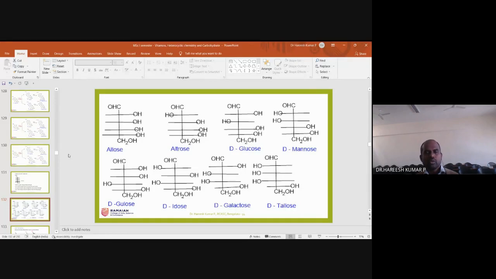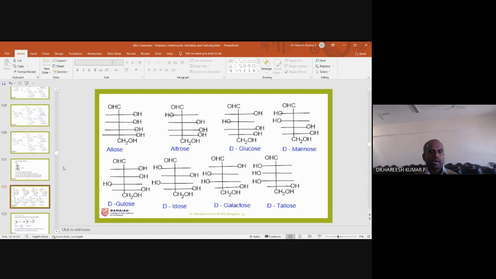So you should be familiar with how to write the aldotrioses, aldotetroses, aldopentoses, and aldohexoses. You can follow this method of remembering all the 8 carbohydrates. Clear, no? Yes, sir. So now I will explain about